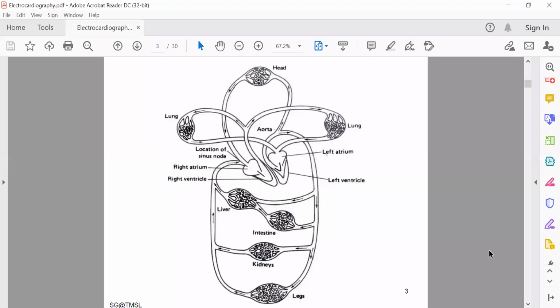Okay, so basically this is the cardiovascular system, which is known as the circulating system. It transports the nutrients, gases, and wastes to and from cells of the body. So this cardiovascular system is actually composed of